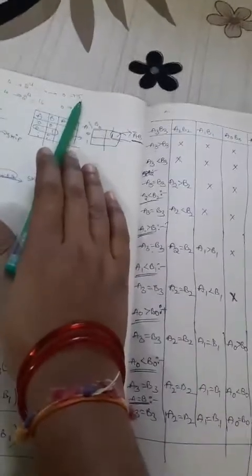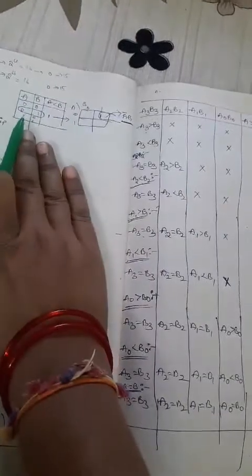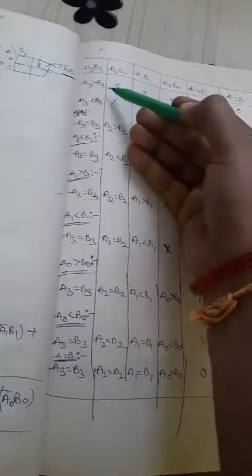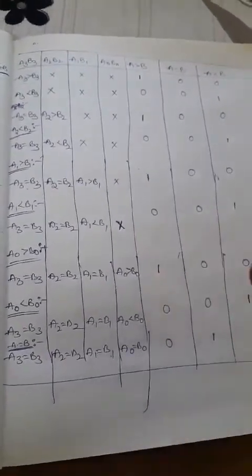Finally, we get the truth table like this. The cases of the truth table will be reduced. Actually for 16 combinations, 32 cases we need to get, but we need to reduce this. By using these cases, we reduce the truth table to 9 combinations: 1, 2, 3, 4, 5, 6, 7, 8, 9. That means it's almost reduced. So this is the truth table for the 4-bit comparator.